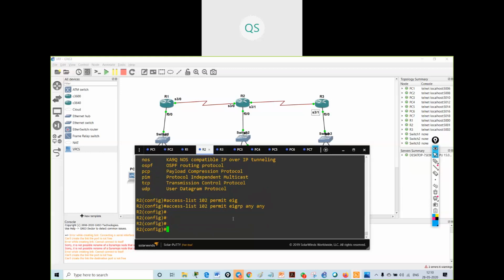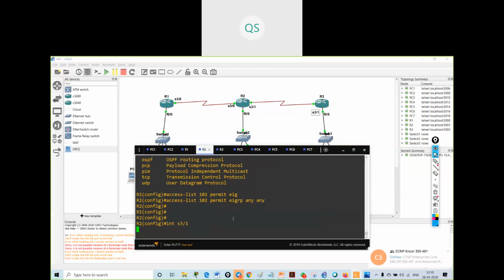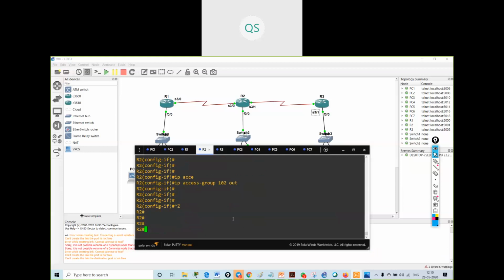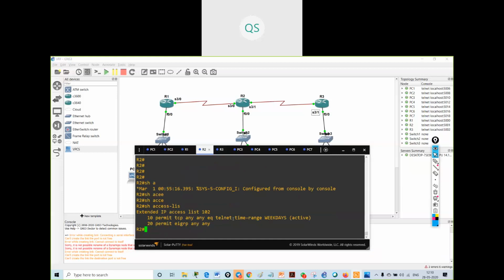Now I will implement it on the interface. Which interface do I have to implement on? Serial 3/1. I have to say ip access-group 102 out. Show access-list. See, this is my extended access list. Got it?